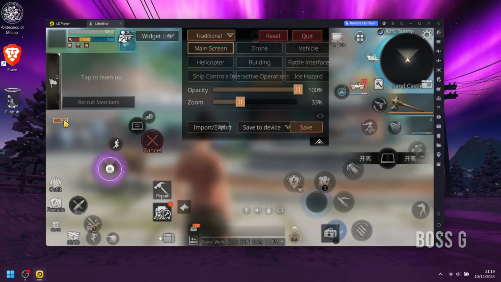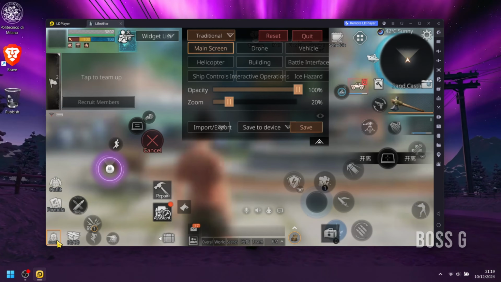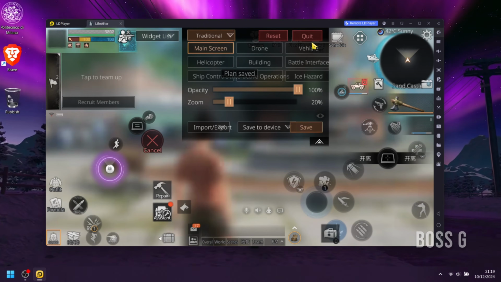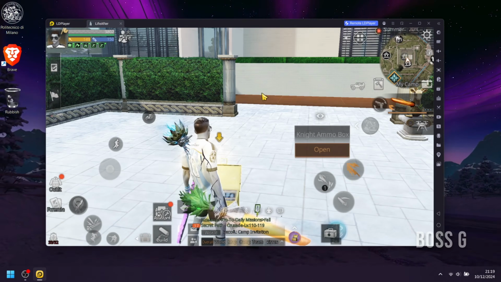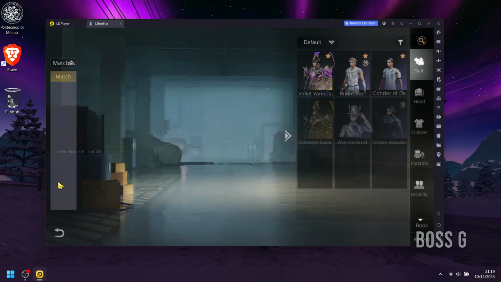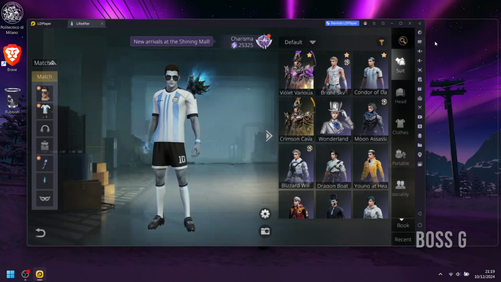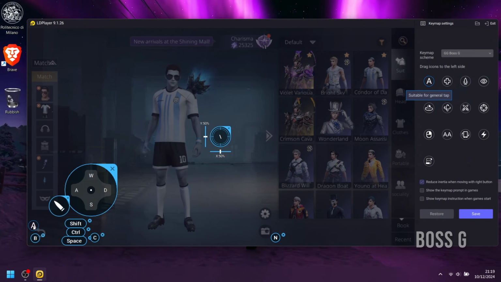Now let's adjust the backpack and the rest of the buttons on the left side. Make sure it's on the edge of the screen so you can click B to open the backpack and B again to close it. Now open the Outfits page and assign a key to its exit button, a little bit above the backpack button.